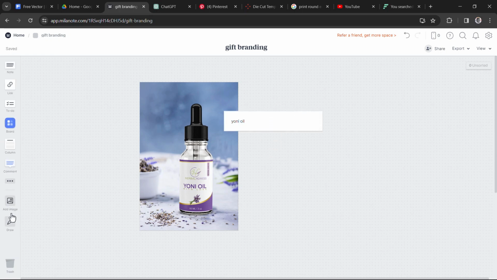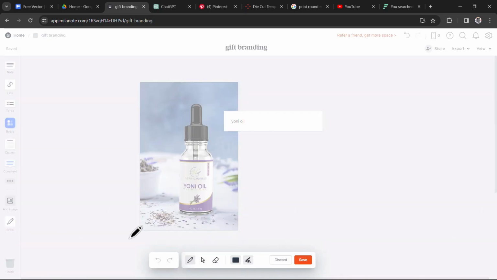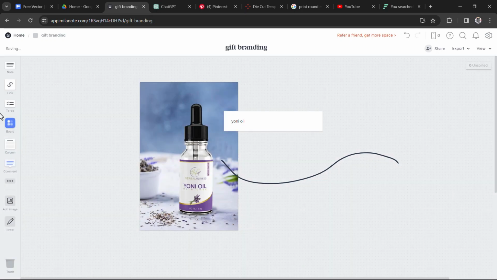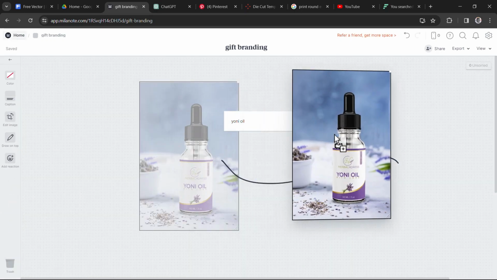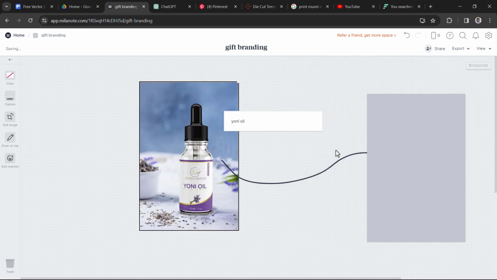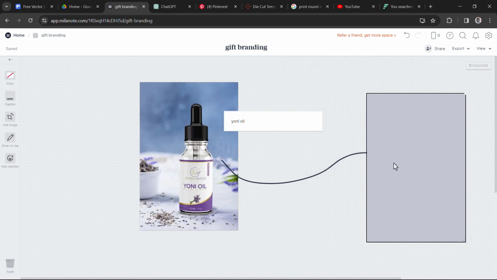You can even bring in anything, you can draw. Maybe you want to make some movements and you can just click save. And maybe you want to duplicate this, you can bring in something like wireframing and all of that. It all makes sense. It's just that the free version only gives you some limited space, so everything you bring in